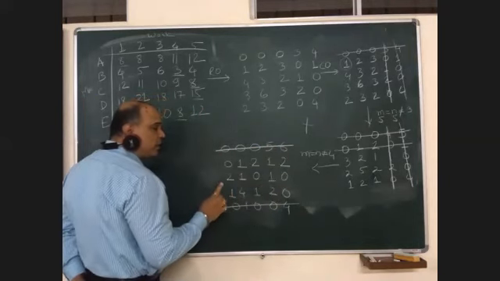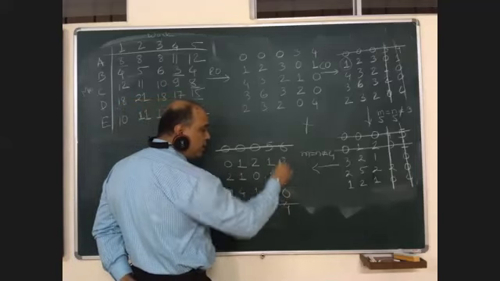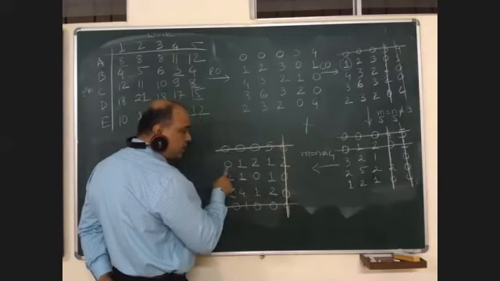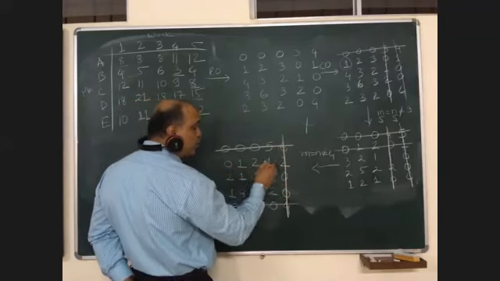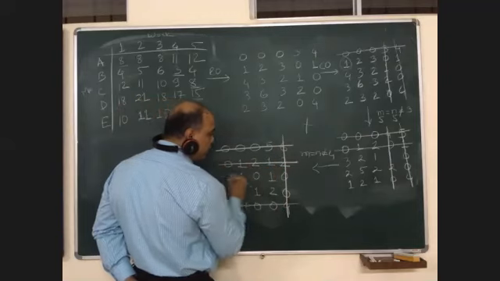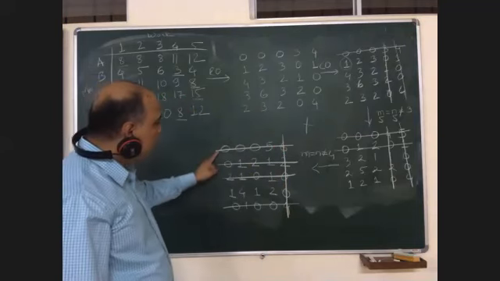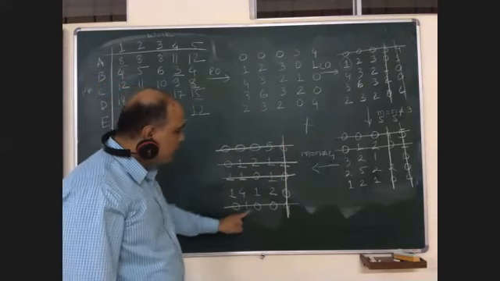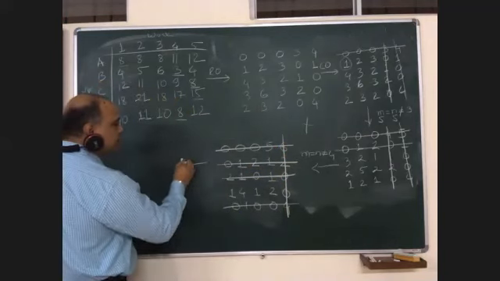Any way you want. Either this way or this way. I'll go column wise. Again, to this line, I can go column wise or row wise. I'll go row wise. How many lines? 1, 2, 3, 4, 5. Our condition is satisfied.